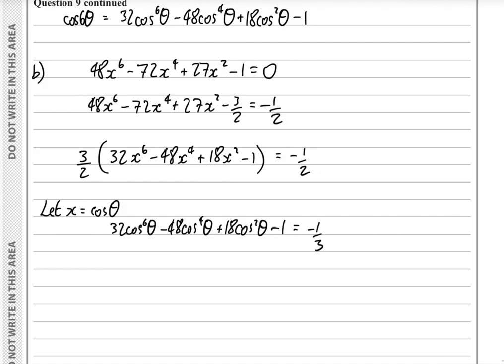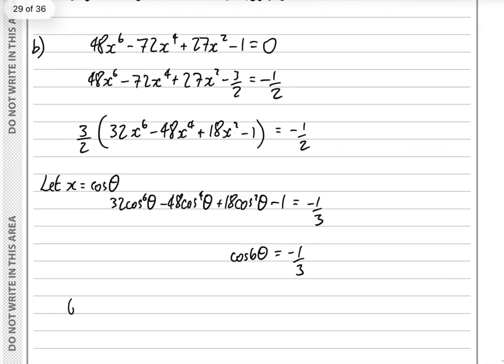we've got at the top of the screen there to change this left-hand side into a cos 6 theta, which is much easier to solve in terms of an equation. That gives me quite a horrible decimal. I think I'm going to need more room because we're going to have lots of answers here. 6 theta is equal to 1.91063... And then whether you like a cast diagram or thinking of it just in algebraic terms,